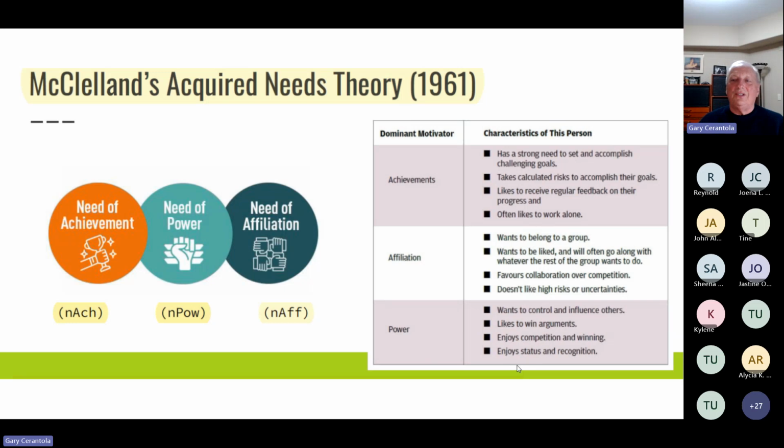All right, so those are the dominant motivators, and then understand that. So you as a leader, understand where you are and what is your predominant need in terms of achievement, power, and affiliation, and then understand what are the predominant needs of your workers, and all of a sudden that really takes you to a different way of managing those different types of people that have those different types of needs.